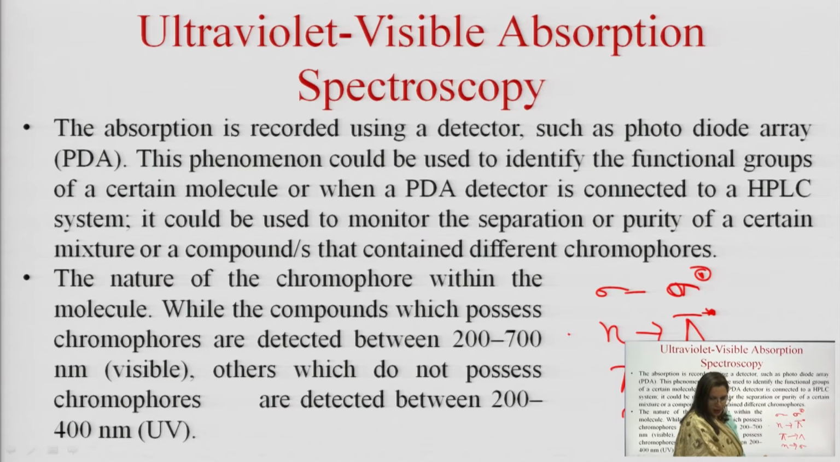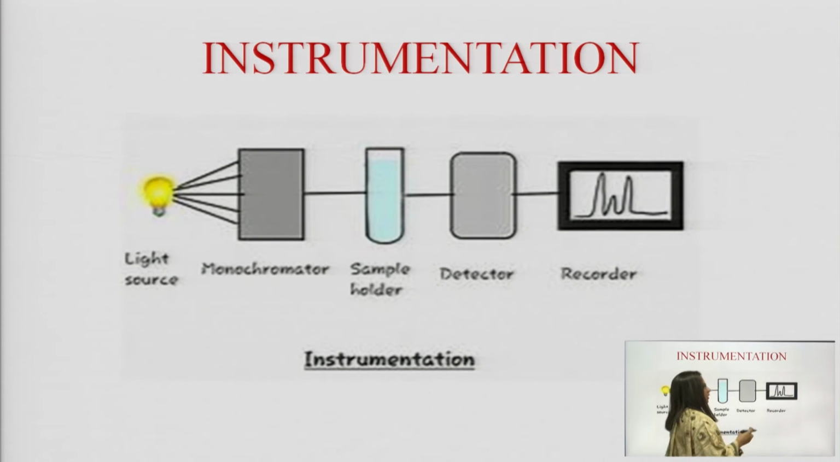to sigma star. So, these are the various transitions of the valence electrons. So, here is the schematic diagram or the instrumentation of an ultraviolet visible spectrophotometer. It includes a light source, a monochromator which sends the selected